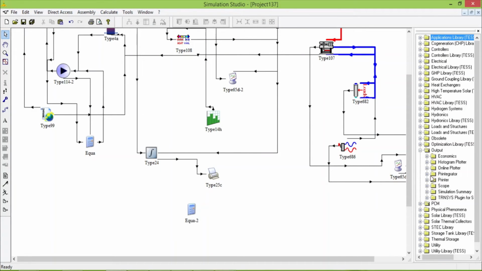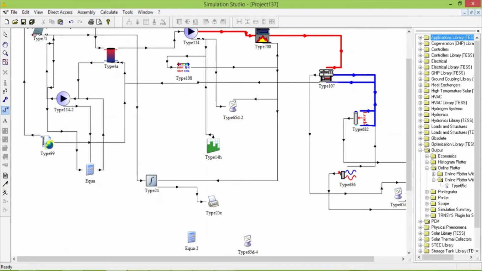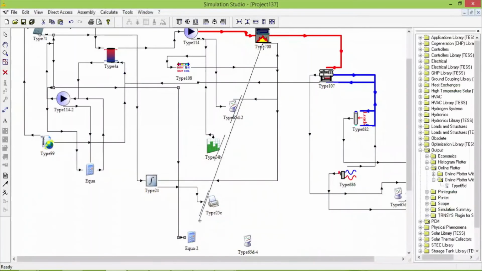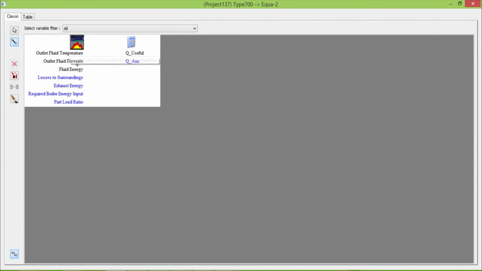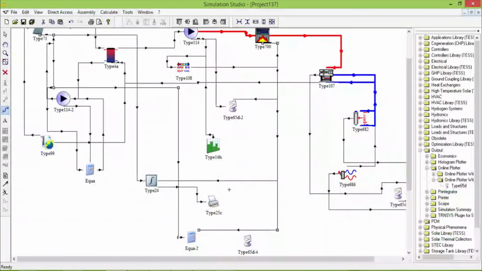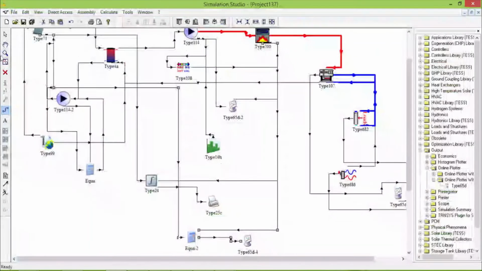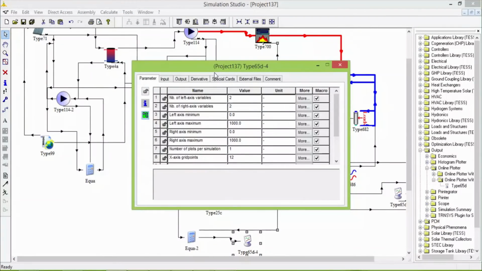we will add a printer also, online plotter. Okay, so we will connect this with this. Useful with this auxiliary energy, solar fraction, make it